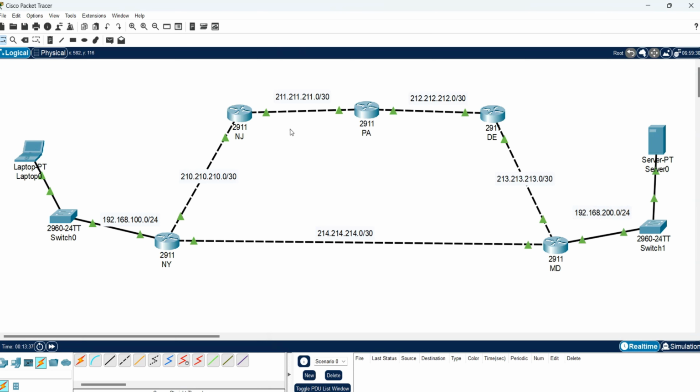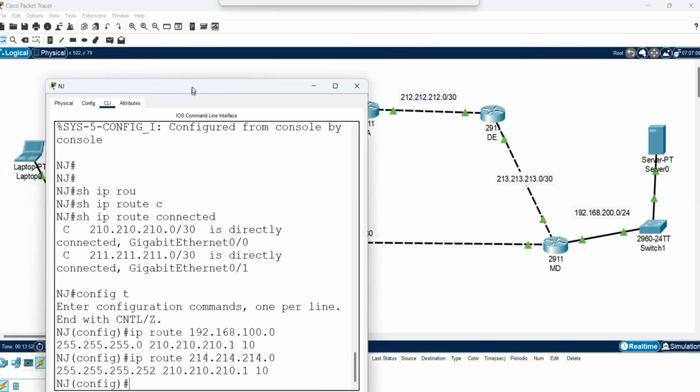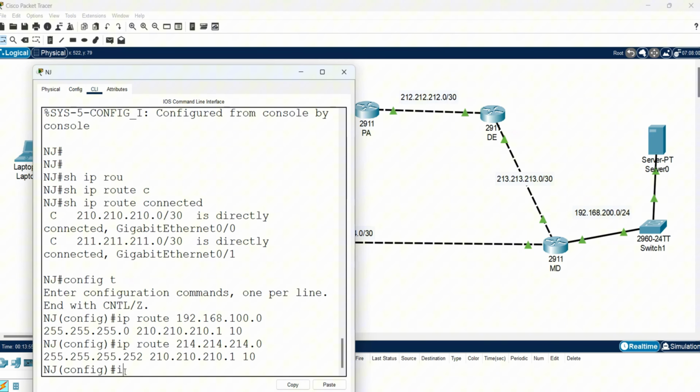Okay. How about if I'm in New Jersey and I want to add the 212 and the 213? Going this way, right? To 212, it's better going this way. That's only one hop because Pennsylvania supports the 212. What's the neighbor? 211.211.211.2. So I go back over here and I say IP route